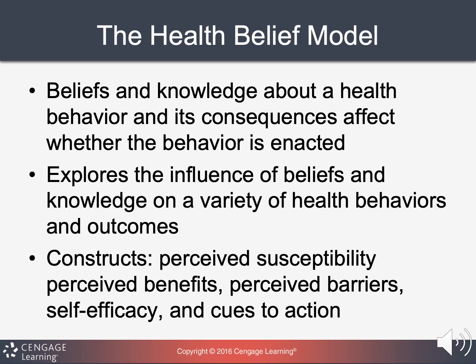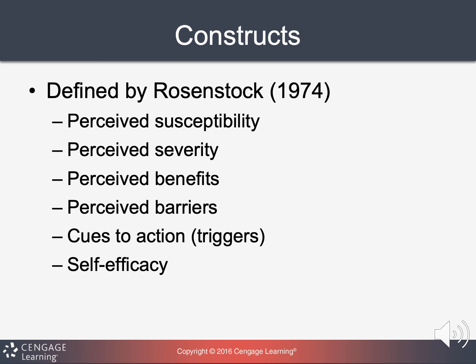The health belief model is usually used when we're thinking about someone's beliefs and their knowledge about a health issue and how we want to get that person to change. So it could be a person that smokes. You want to know what they already think about smoking in order to follow a set of processes to get them to change their overall behavior, which also means that you have to change their overall belief system. The constructs that we're going to discuss are perceived susceptibility, perceived benefits, perceived barriers, self-efficacy, and cues to action. Constructs of the health belief model.